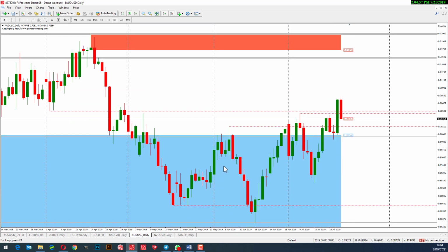The same applies to AUDUSD. The same moves that happened in NZUSD are almost like a replica on AUDUSD. On this asset, price broke the 70200 price zone. Price broke this area here. You see, price broke and closed above. A strong price push on Thursday to the upside, and then on Friday the market retraced back into the